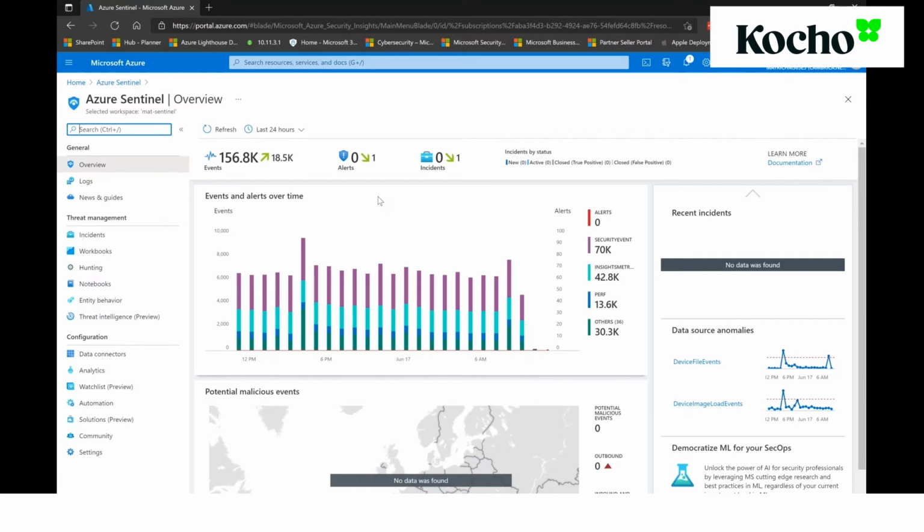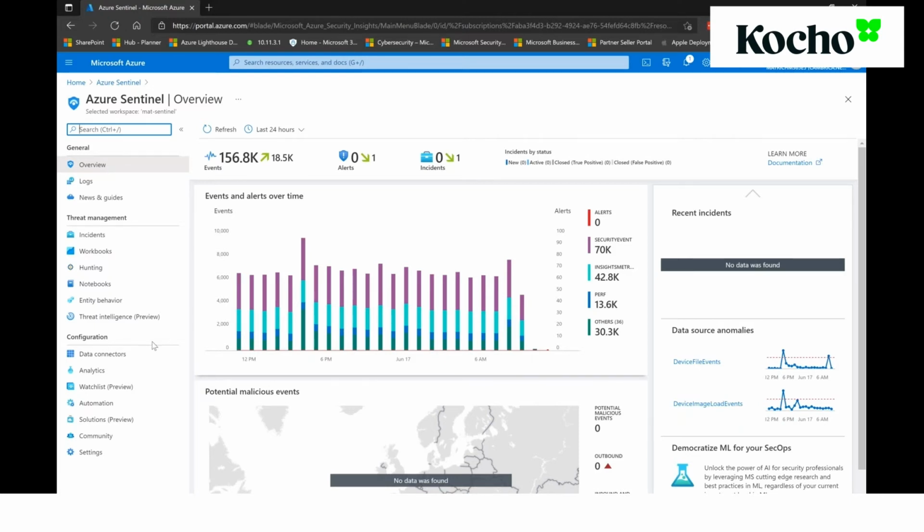Same with alerts and incidents. We get a snapshot of the types of events and information that we're ingesting. If there were any current incidents triggering a security incident, then we can look at the geographic distribution of that on the map down here. I don't have any of those in this environment, so it's not lighting up. And then we can see some other metrics that would be useful for us to